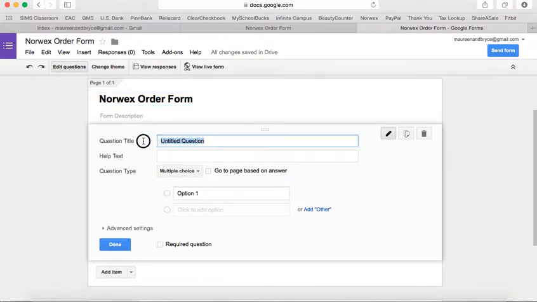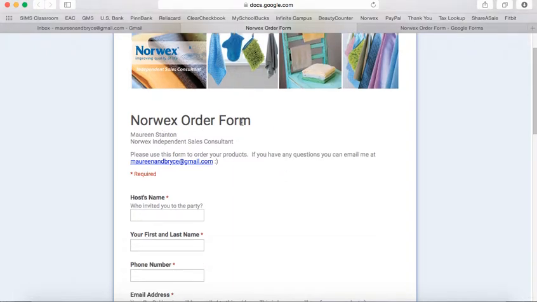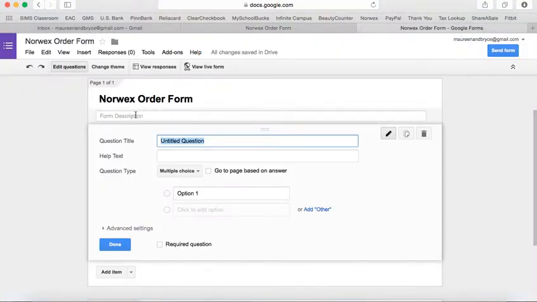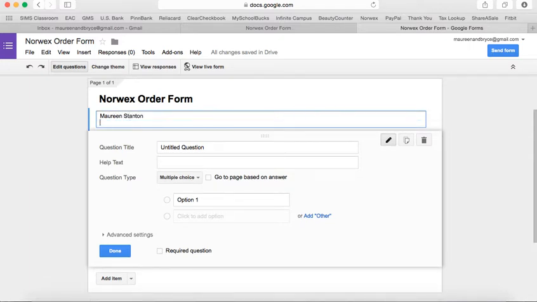So then this is what the form looks like as you're editing. You're going to click here for question title. If you notice that underneath Norwex order form, I have my name and I have Norwex Independent Sales Consultant. And where you're going to write that is in form description. So if I type my name and then I just enter and I put Norwex